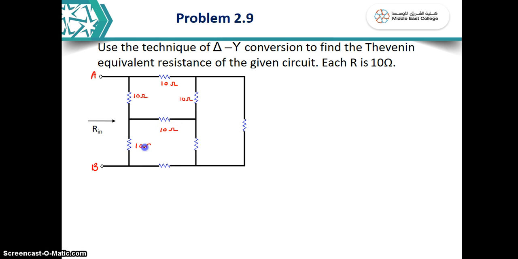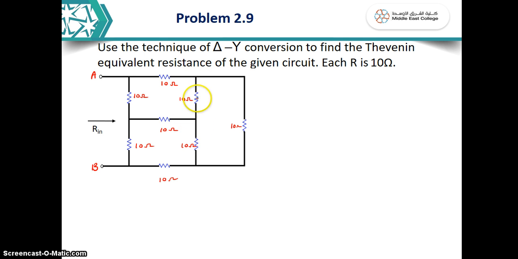So all the resistance values are 10 ohm. Now you have to use delta to Y conversion. This problem I will do in both ways, Y to delta and delta to Y. So first let me do it in the delta to Y conversion manner. Now look at this. This appears to be a delta network. See, this resistor, this resistor, this resistor, connected in a delta manner. So if I convert it to a Y network,